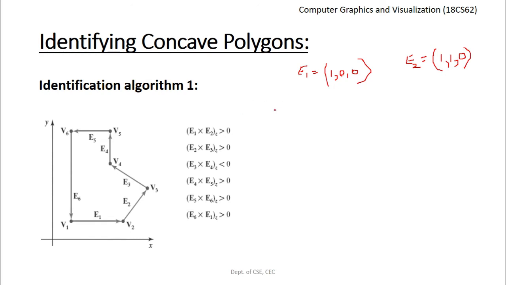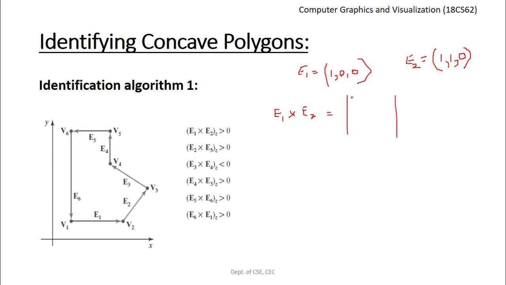Now as per the algorithm, we need to find the cross product of these two adjacent edges. If you look at the diagram, edge E1 and edge E2 are both adjacent edges. Let us try to find the cross product E1 cross E2. So let me just use a pen. E1 cross E2. How do we find the cross product of two vectors? If you can recall the mathematics that you have learnt earlier, how do you find the cross product of these two vectors E1 and E2? What is the formula? We need to find the determinant value.